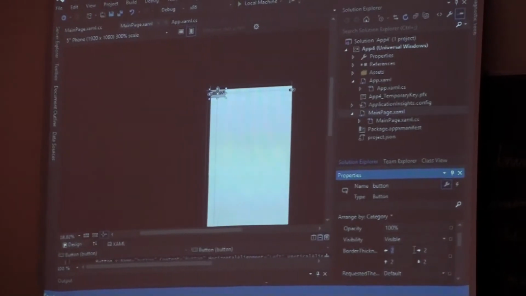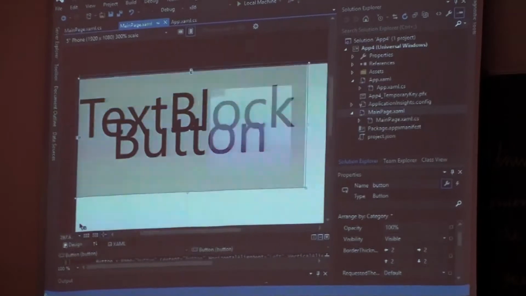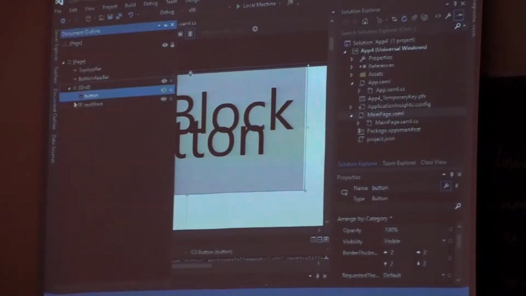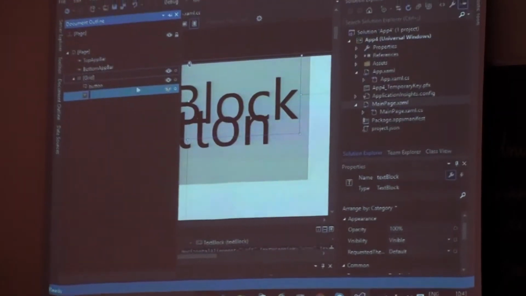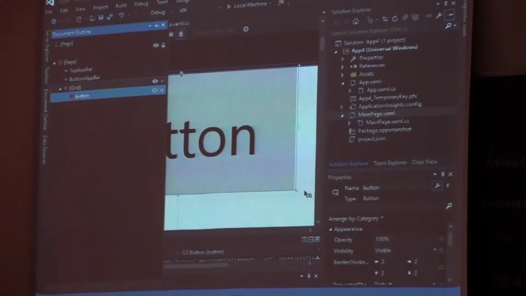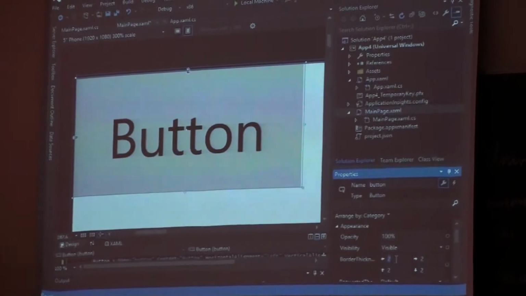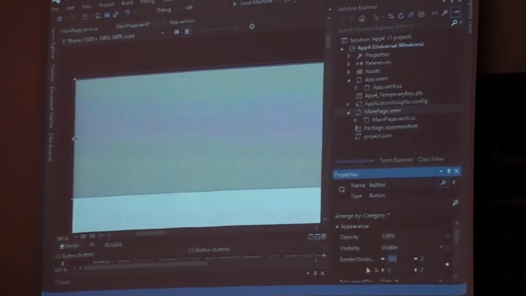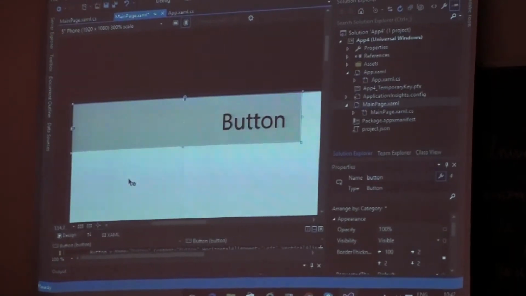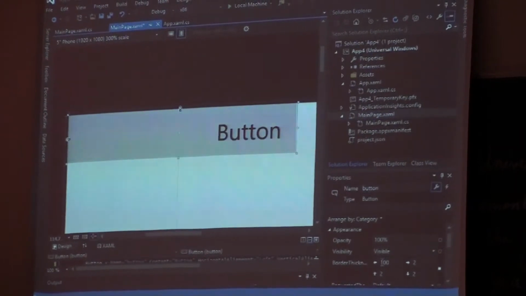Border thickness is how thick your border should be. I'll show you how exactly these change. Right? Okay, I changed the left border thickness to 100.